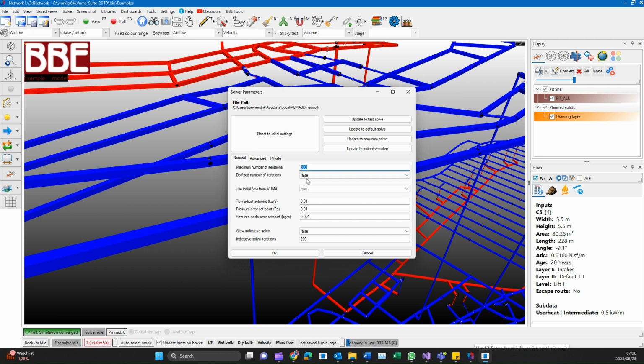When the Do Fixed Number of Iterations drop-down box is set to true, this is the number of iterations that will be performed. If it is set to false, the simulation will use the error settings together with the maximum number of iterations to determine when to end the simulation, in other words, the condition that is reached first. The Use Initial Flow from VUMA allows the user to reuse the previously calculated flow, reducing the number of iterations